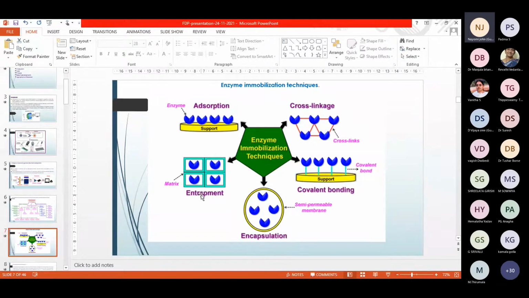Here only the enzyme has been shown as an example. In the semi-permeable membrane, for example, you can take liposomes. Inside the liposome, the enzyme would be entrapped. So these are some of the methods, and the detail of the chemical part of the methodology I am not